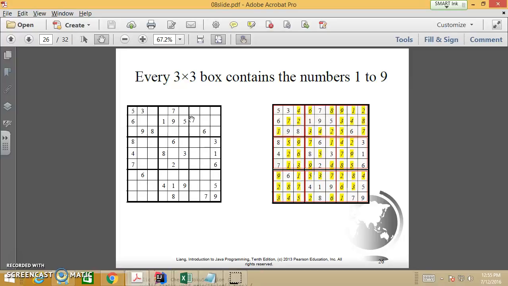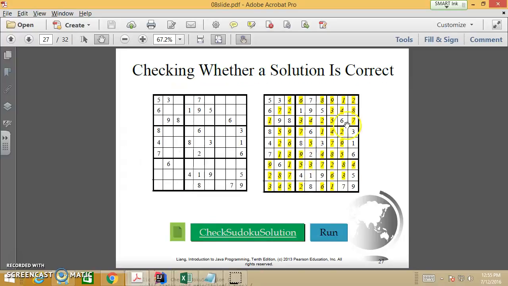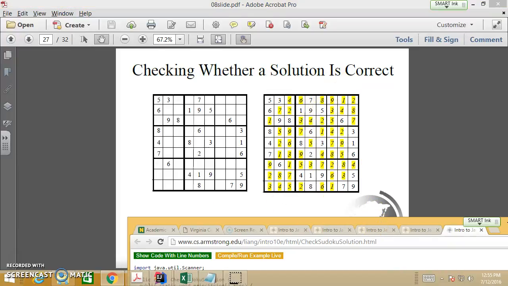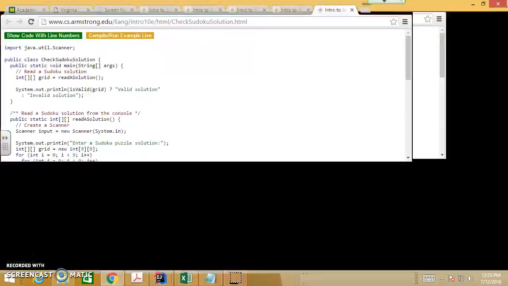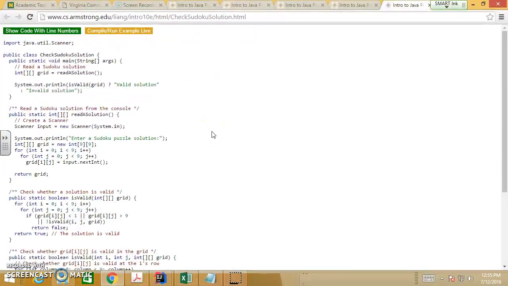So now, how are we going to write a program to find the answers? This is quite a long program, so